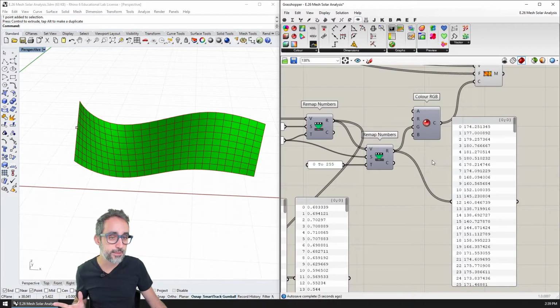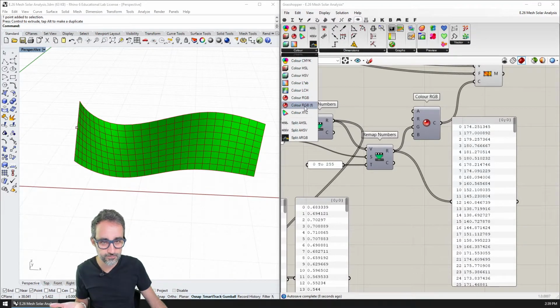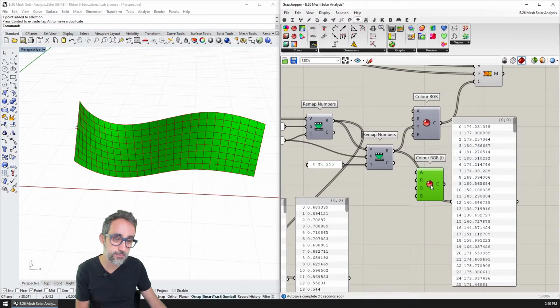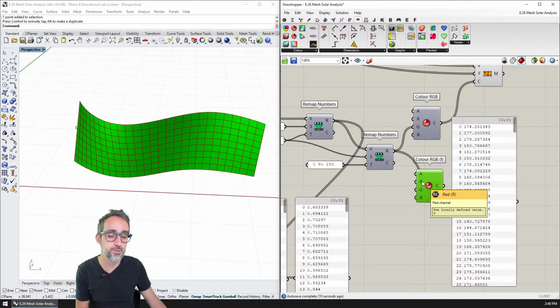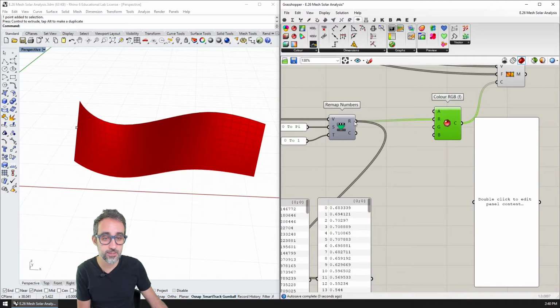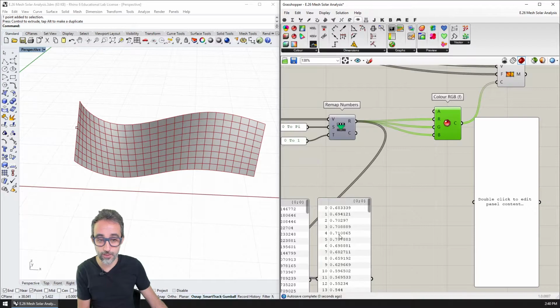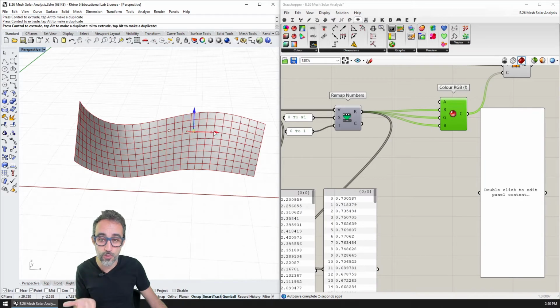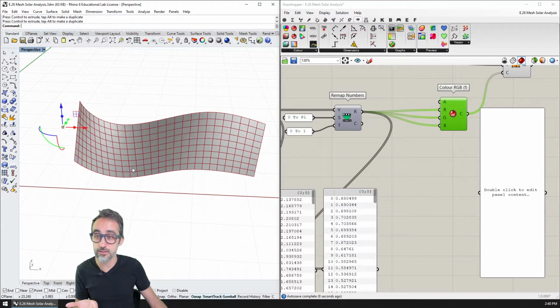Also, I want to highlight that because RGB is so popular, there's a special component called RGB from floating point, which expects colors going from 0 to 1 instead of 0 to 255 for each channel. So with this component, I could have saved myself the hassle of remapping all those values from 0 to 255 and just stick to the values that go from 0 to 1. Because again, working in the range of 0 to 1 is a super common thing to do, and it makes a lot of things much easier.